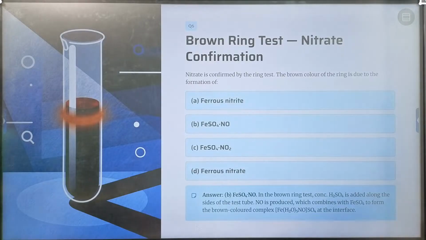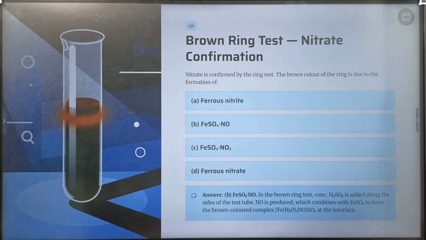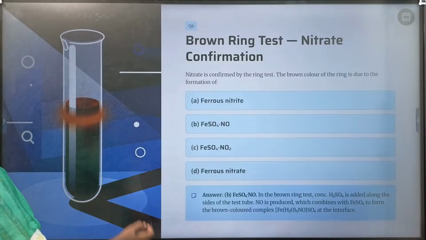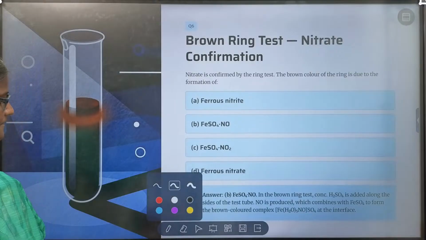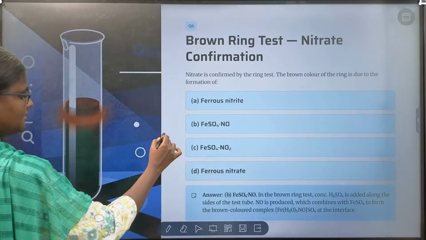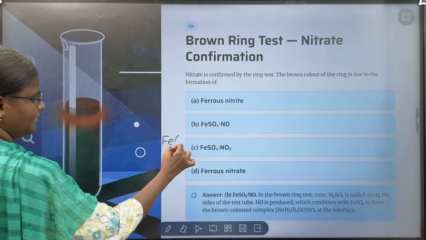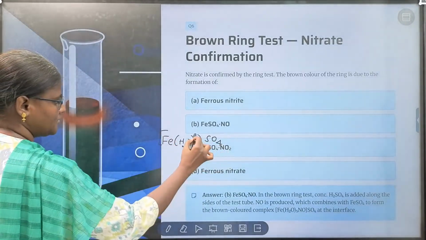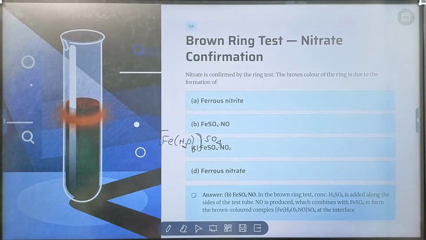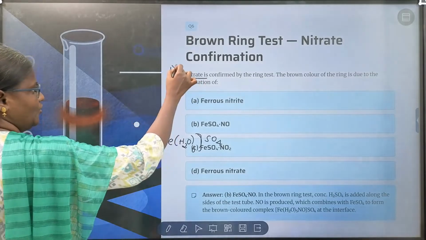So the next question: nitrate is confirmed by the brown ring. The brown color of the ring is due to the formation of, I told you, an iron nitrosyl compound. So it is a complex, right? So you have the aqua ion. So actually the complex is [Fe(H2O)6]SO4. So this is the complex, the hexaaqua ion complex. And here this nitrate, NO3 minus,